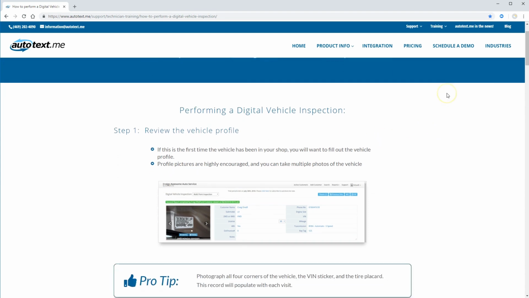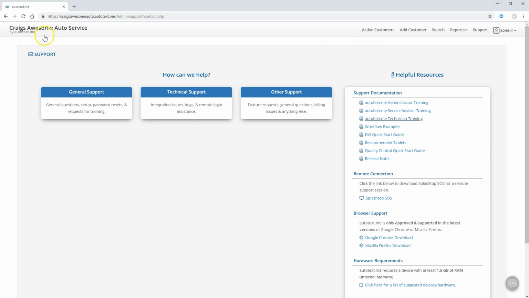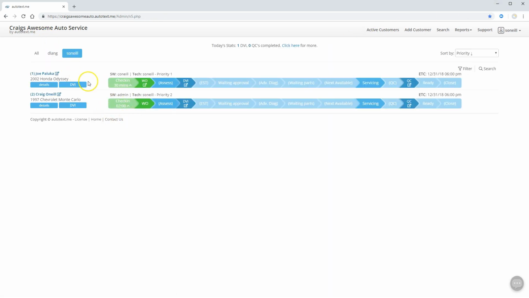Once you have a vehicle on the board, you're going to see the vehicle profile. Now, this information may pull in from your service management system. Let's go take a look on our active customer page and dive into one of these DVIs ourselves. We're logged in as a technician right now, and we can see our priority one vehicle is this 2002 Honda